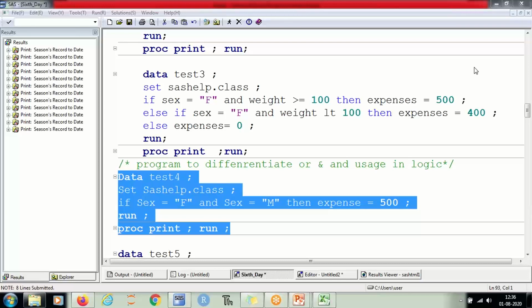Yes, we have male, female in the gender column. Question: what is wrong in this?